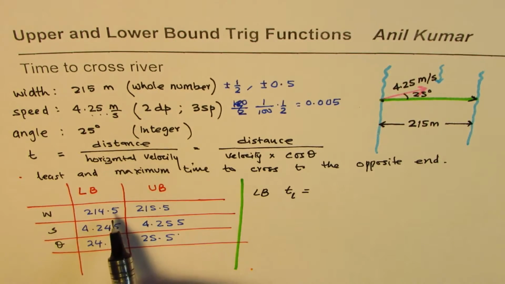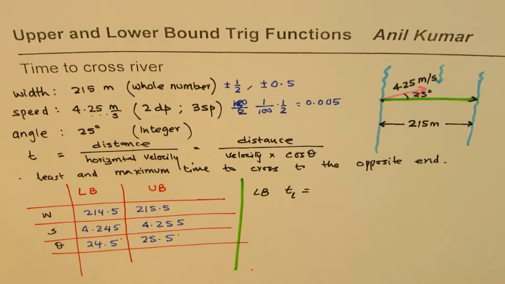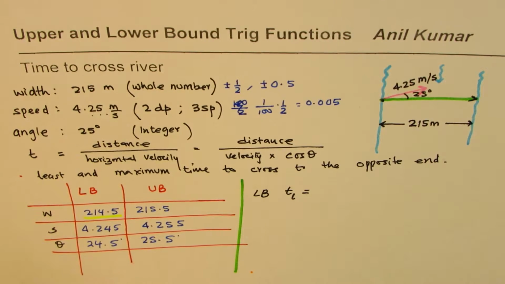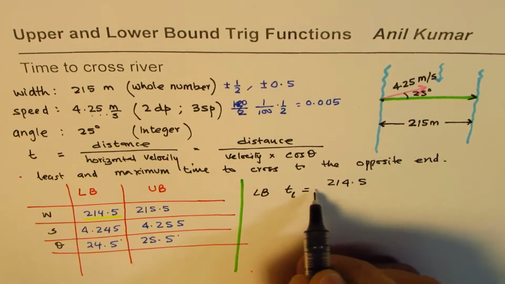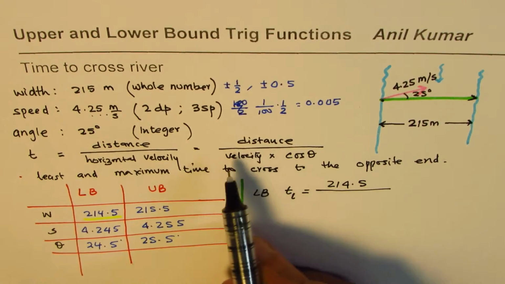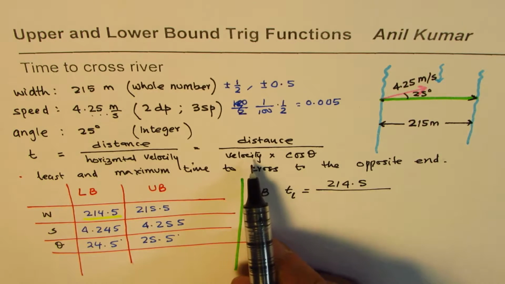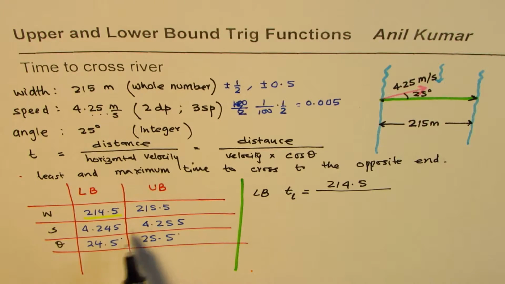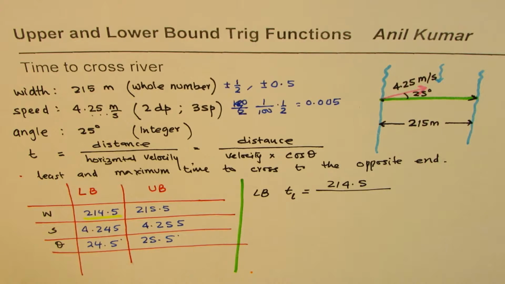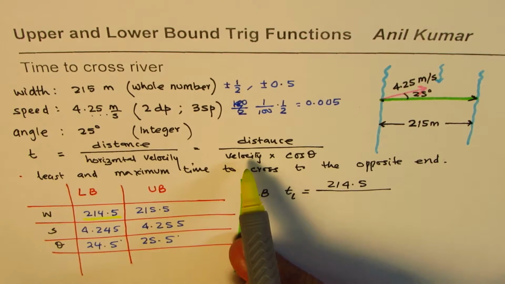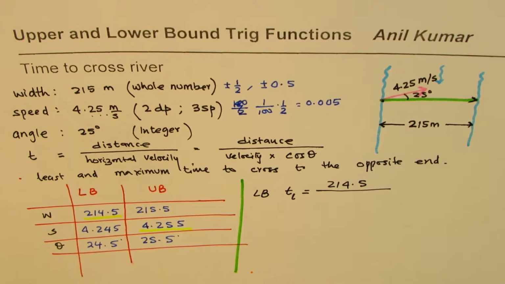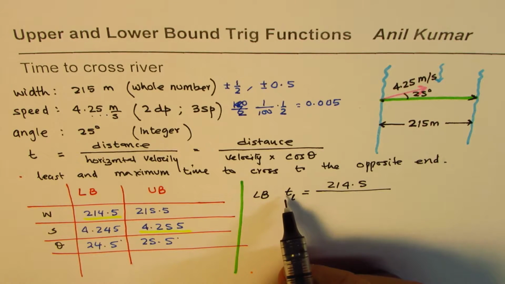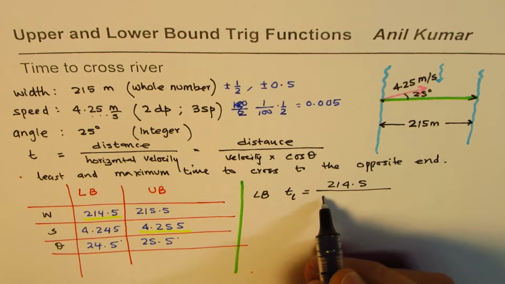Or the width of the river. So we'll consider the lower value, which is 214. So this is my lower value. Is it okay? 214. So we'll use this value, 214.5 divided by. Now if I want to make this lower, then in that case speed, should I use higher value or lower value? This is always you have to decide. You are dividing, it's in the denominator, right? Therefore, we should use the higher value, which is going to result into a lower time. Do you understand? Minimum time. So that should be